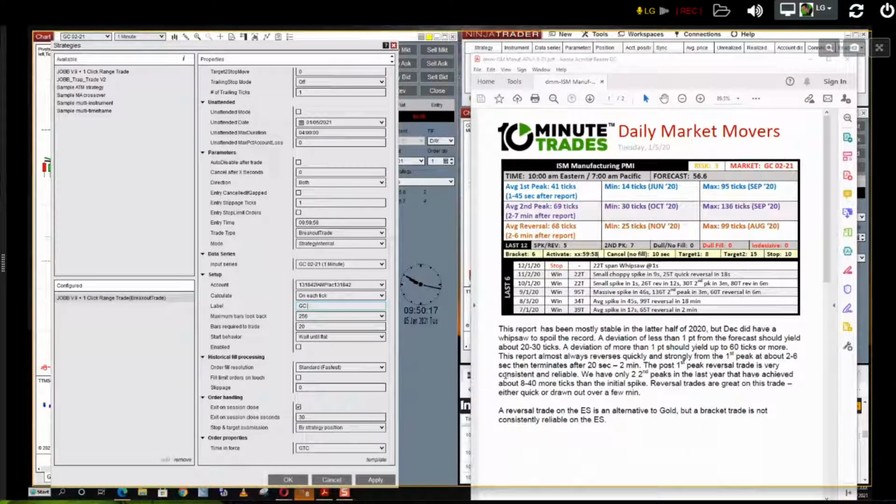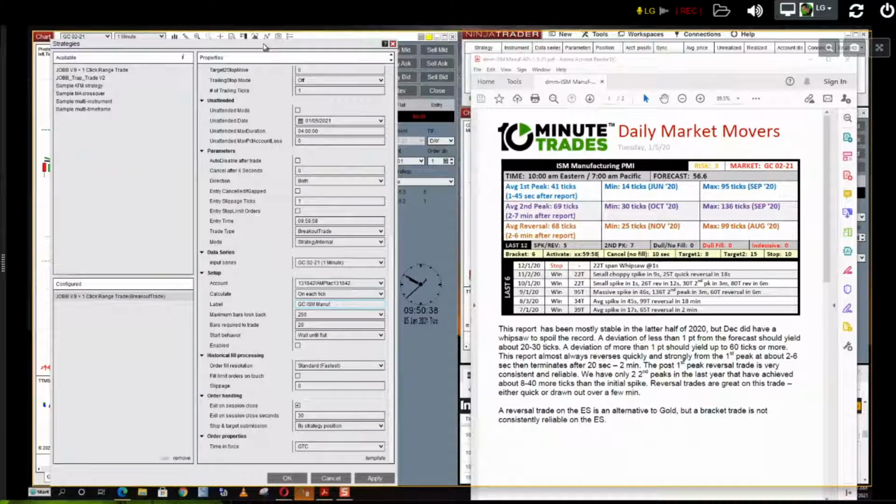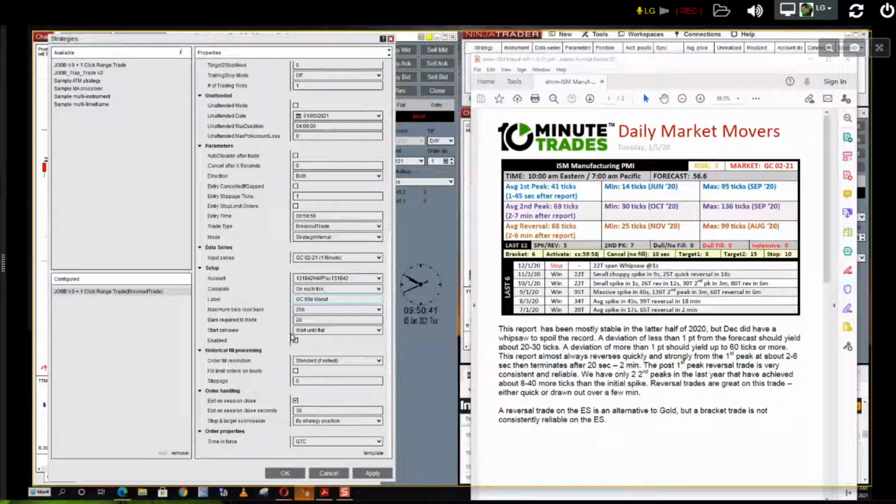GC, and it's the ISM manufacturing report. That's what I'm doing. No, we don't use an ATM. Our software is the ATM. I don't use an ATM ever. For me, the software is the ATM. If you use an ATM, then you cannot use any of the fields in the software. No ATM for the way that we trade. As you become advanced and you want to start using ATMs, that's a whole different way of